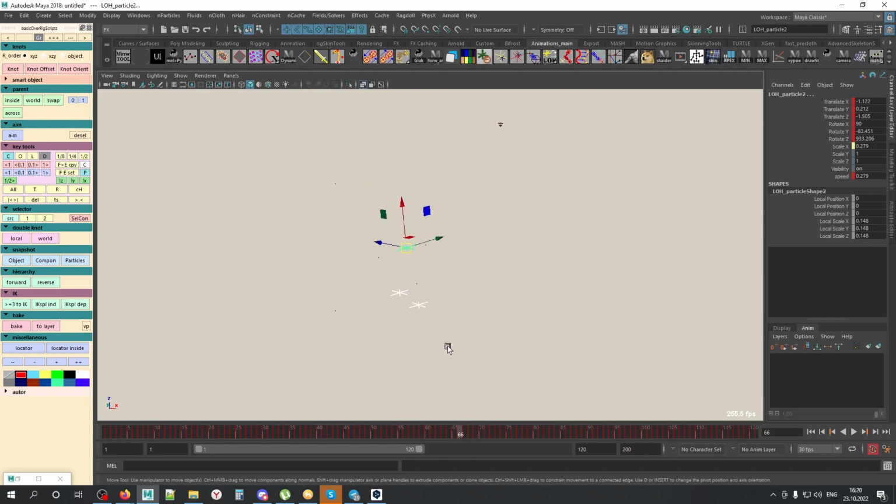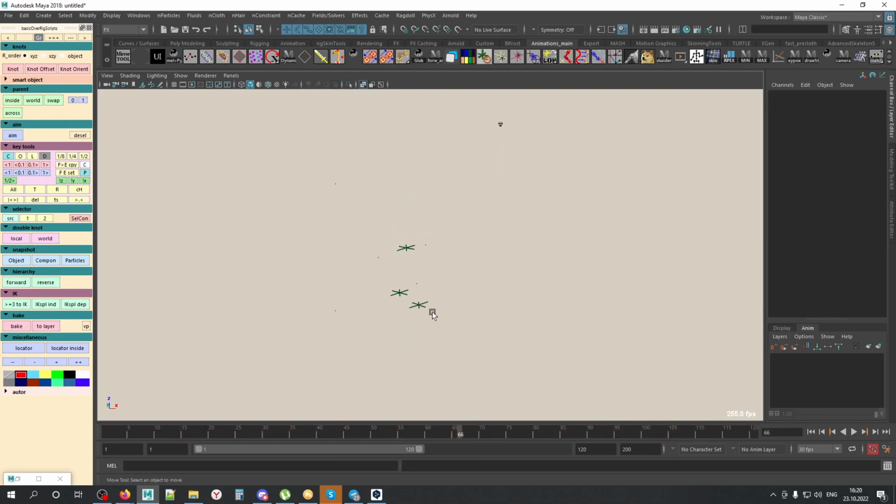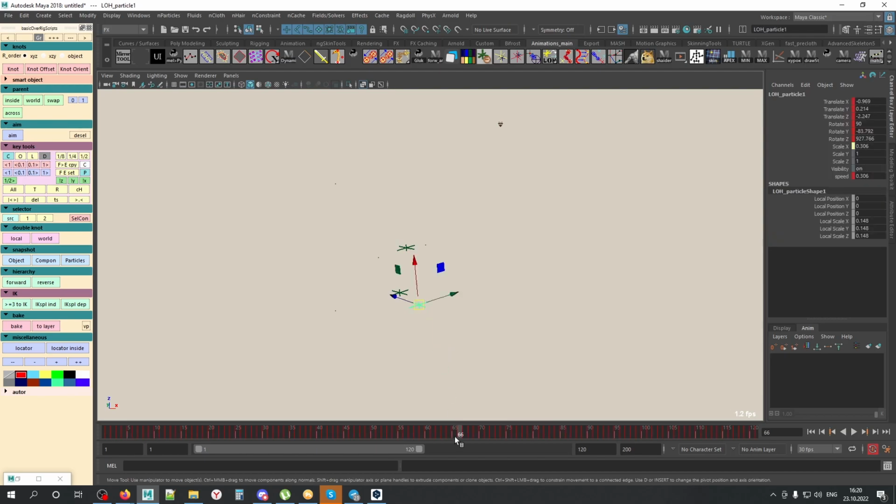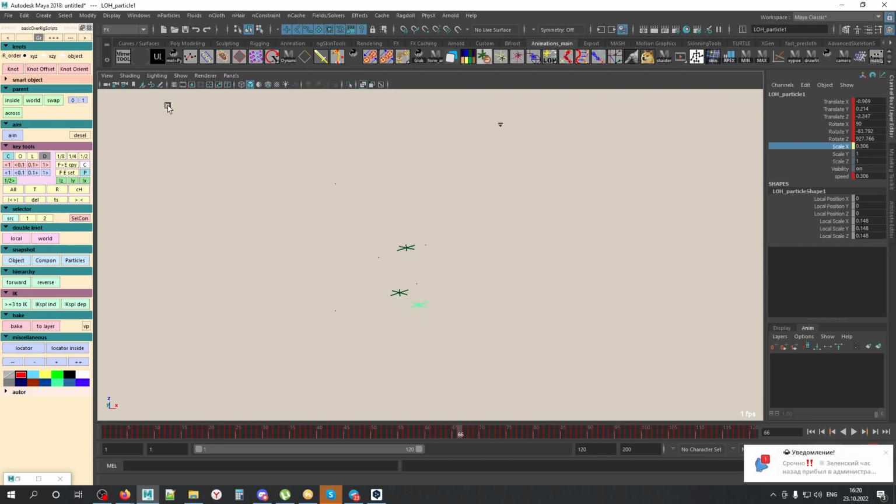At the same time, what is interesting, these locators are also rotated with the movement of these particles. These locators are also affected by speed. The scale of these locators also depends on the particles. So the faster the particles are, the longer the locators. Potentially it can be used,